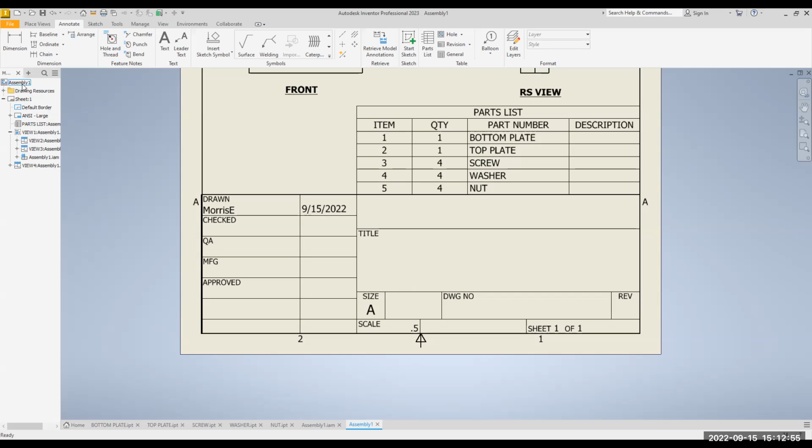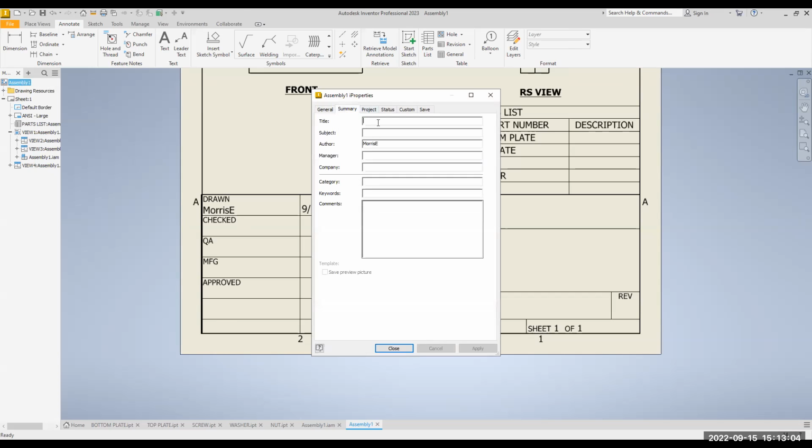So you come up here, you do a right click on the assembly name or file name, Assembly 1, come to iProperties and go to Summary. And the title of this, we're just going to call assembly, all capital letters, ASSEMBLY DRAWING. Subject is CAD 235. And the author is you, so it should be your name, uppercase letters. The manager would be me, and the company would be Virginia